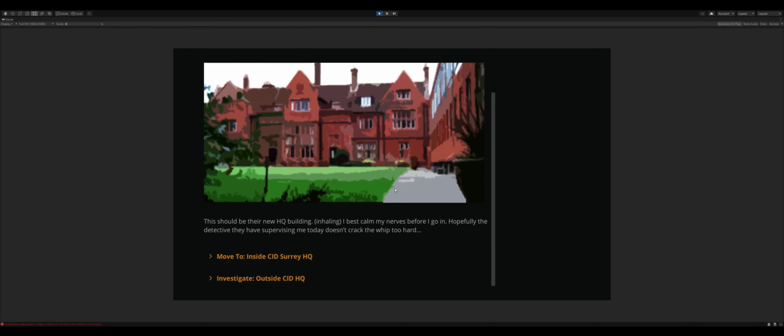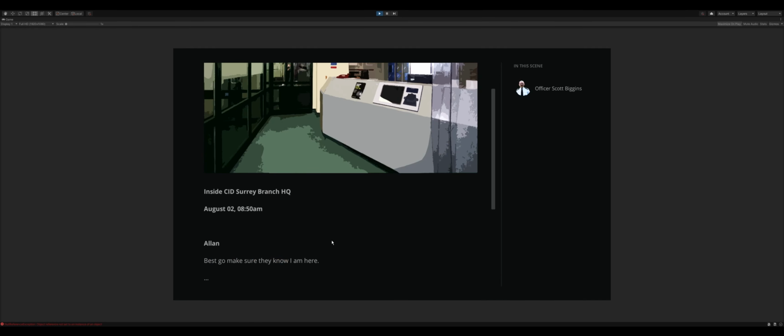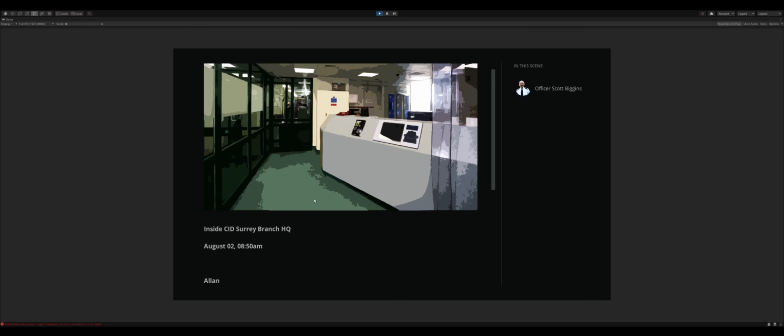And then as we move to new places, it'll bring up new images and the corresponding text for them, as well as the new options. So these function well to an extent. You'll see why I say to an extent in a moment, but we can move inside, and we're now inside,